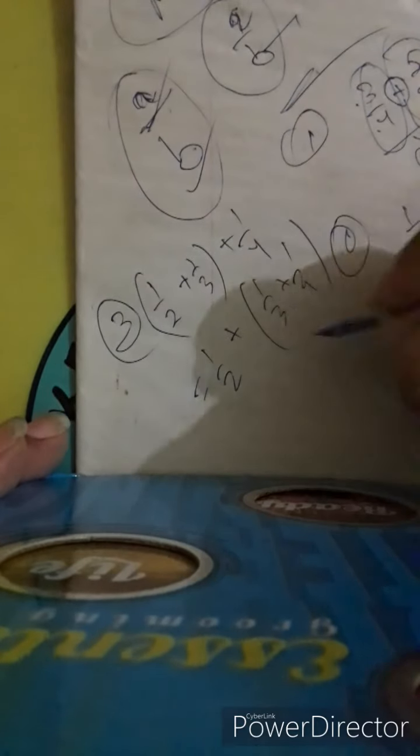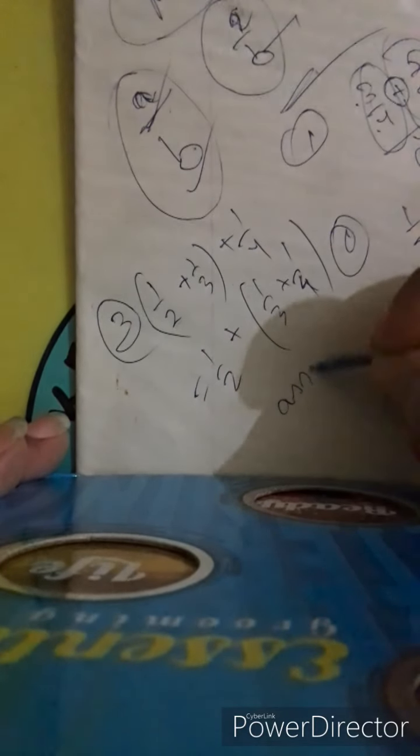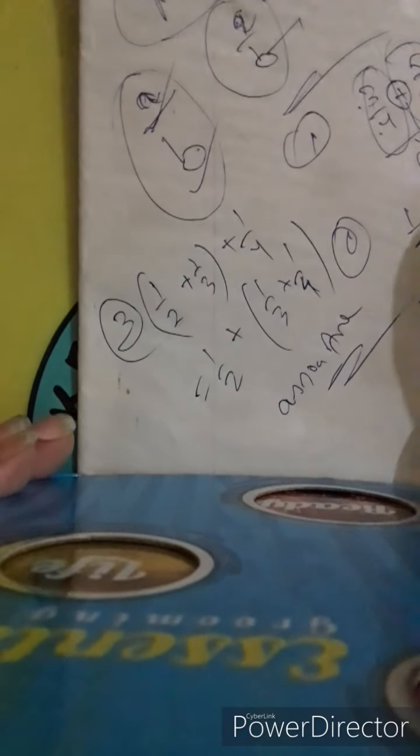It is also associative. So the third property is the addition or multiplication of rational numbers, that is 1 by 2 plus 1 by 3 whole plus 1 by 4 equals 1 by 2 plus 1 by 3 plus 1 by 4. It is associative. Similarly is the case with multiplication. Addition of rational numbers is associative, that is, whole 1 by 2 plus 1 by 3 plus 1 by 4 equals 1 by 2 plus whole 1 by 3 plus 1 by 4. Also multiplication is also associative.